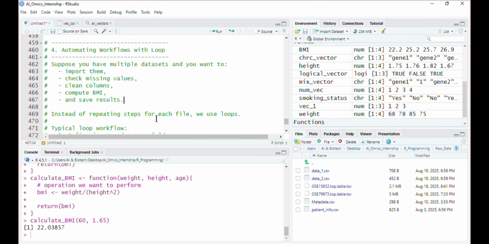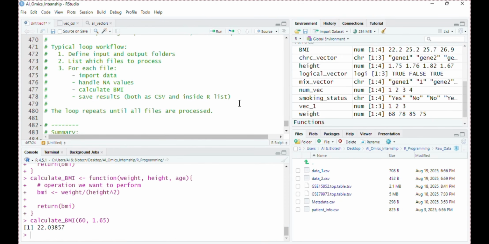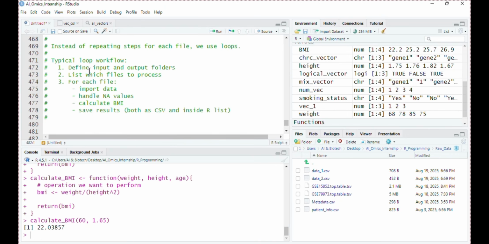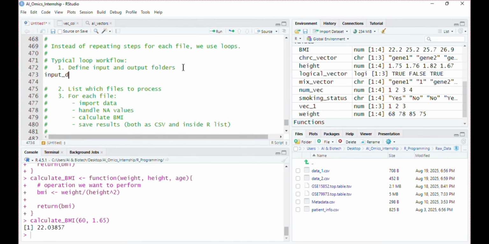To work with the loop, first of all, we have to define our input and output folders, like from where R will take my files and where it will save them. So we start by defining the input folder where raw data is stored and the output folder where clean files will be saved. In my case, my input directory is this raw data folder.